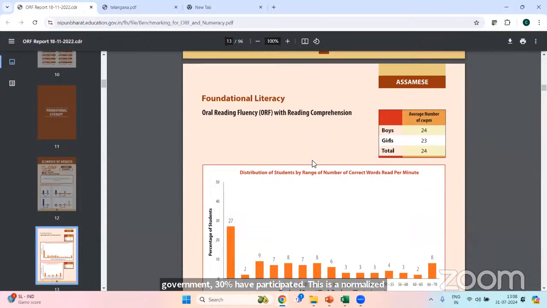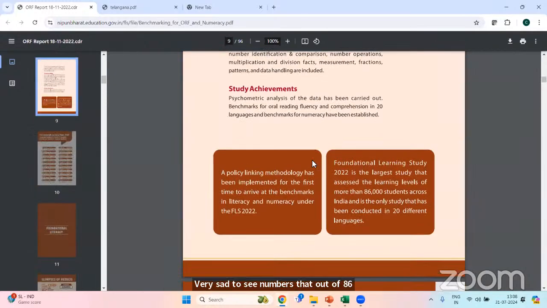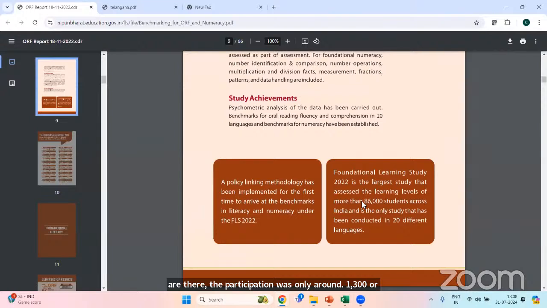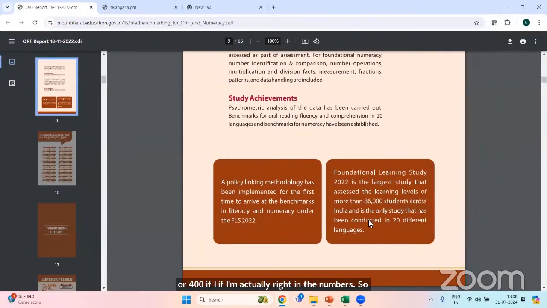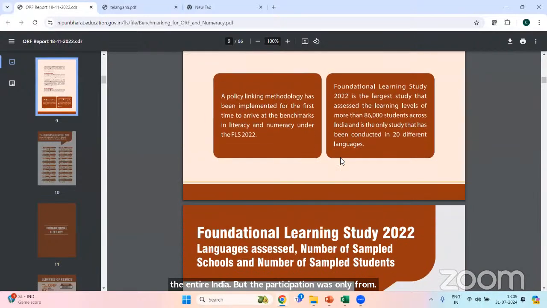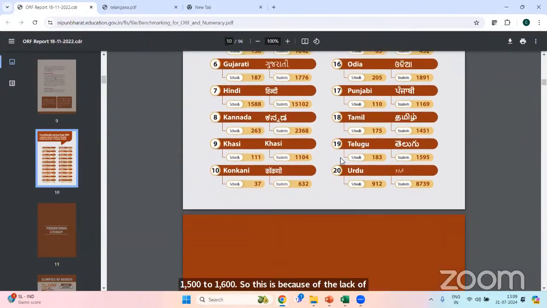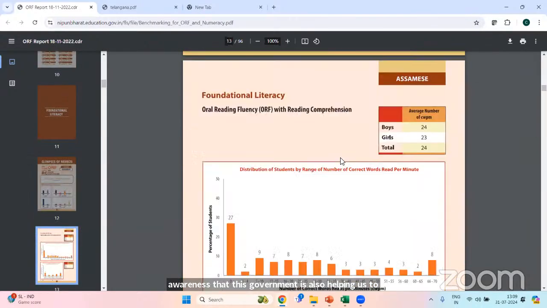Very sad to see numbers that out of 86,000 schools that are there, the participation was only around 1,300 or 400, if I'm actually right in the numbers. So there are more than 86,000 schools across the entire India, but the participation was only from around 1,500 to 1,600. This is because of the lack of awareness that the government is also helping us to support in these kind of practices, where